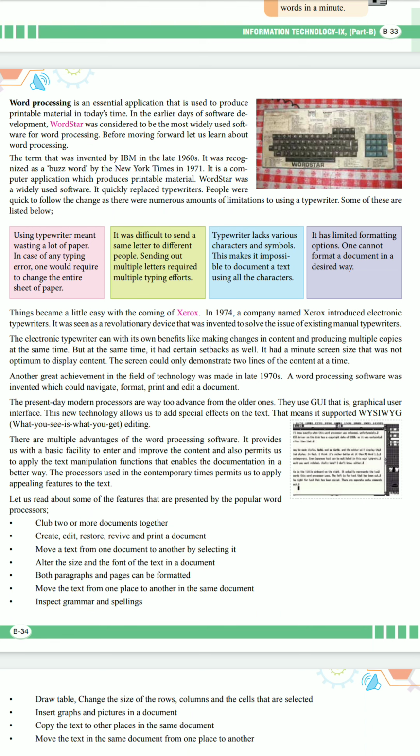All these word processors use GUI, that is graphical user interface, and this new technology allows us to add special effects on the text. This means it supported WYSIWYG, which means what you see is what you get editing. Actually, as we create a document using any word processing software on our computer,